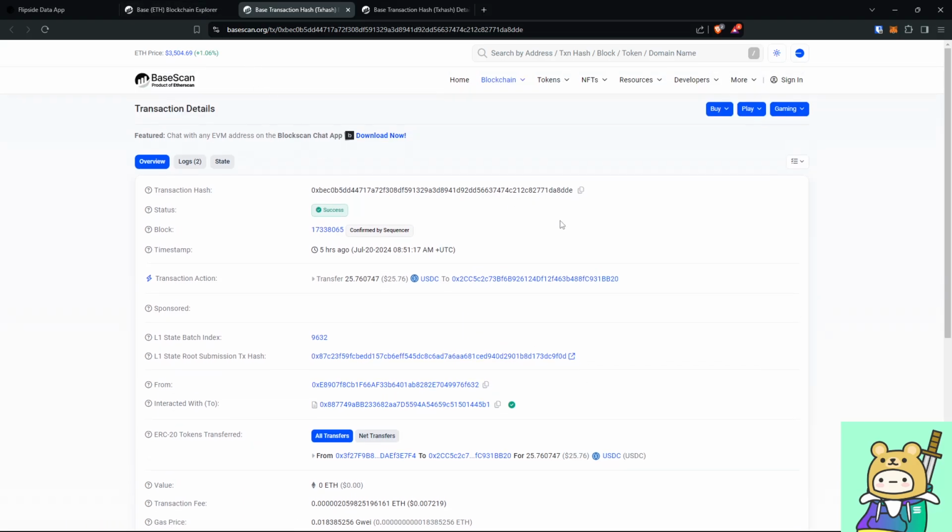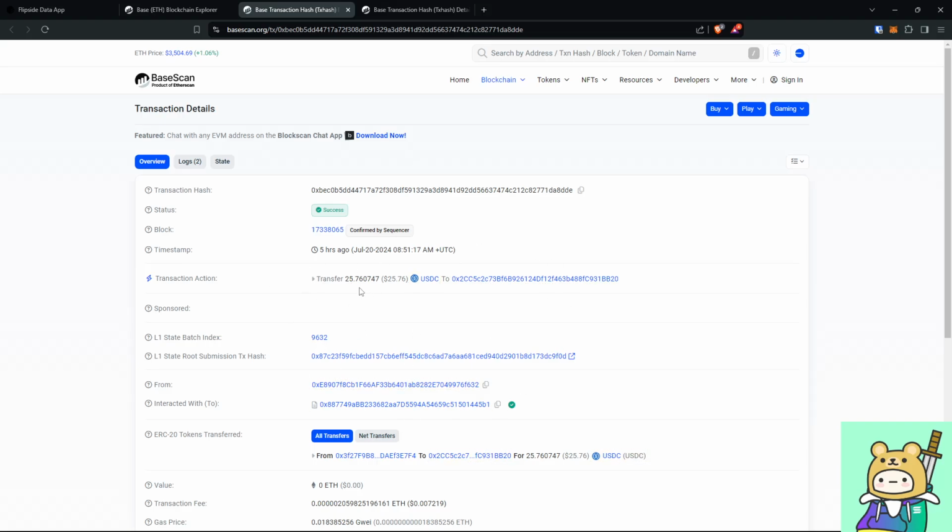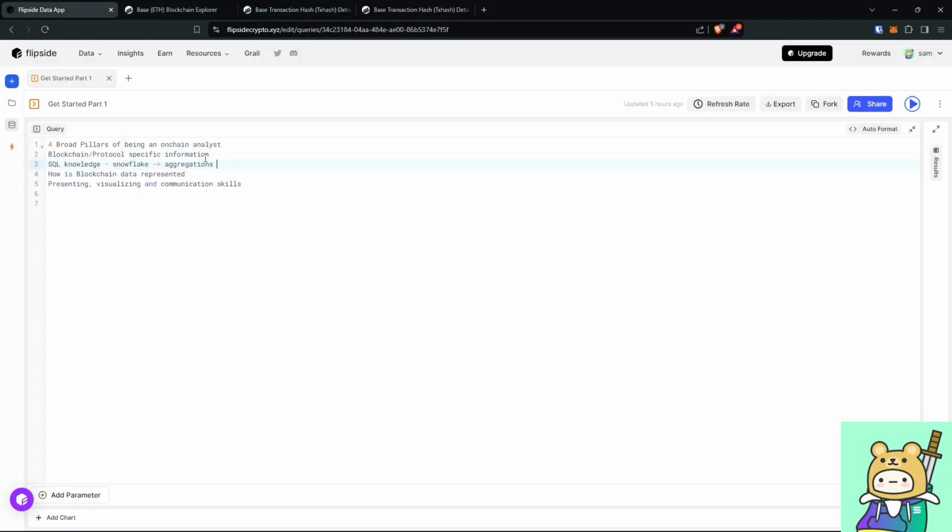So it really helps if you already have a bunch of transactions that you did, so that when you take these transactions and put them into your SQL and analyze them, it is way easier for you to relate what you are querying versus what is available in the table, because you know what you did. For example, here someone sent 25 USDC to another address. So if this is you and you query this exact transaction, you would know how a USDC transfer looks in the data. Okay, so that's how trying a bunch of stuff from my point number 1 relates to point number 2.